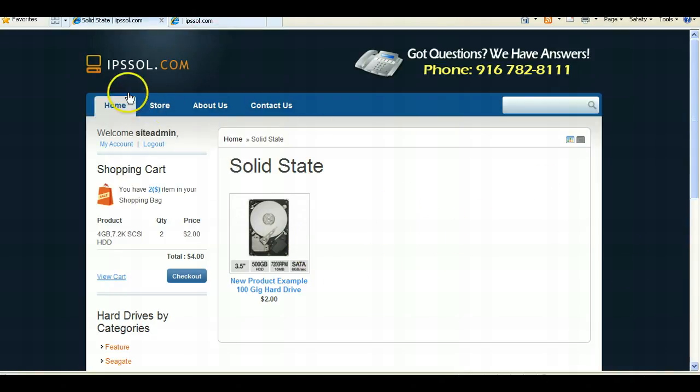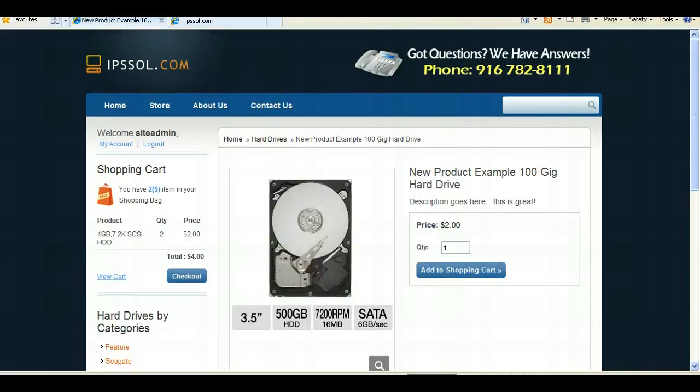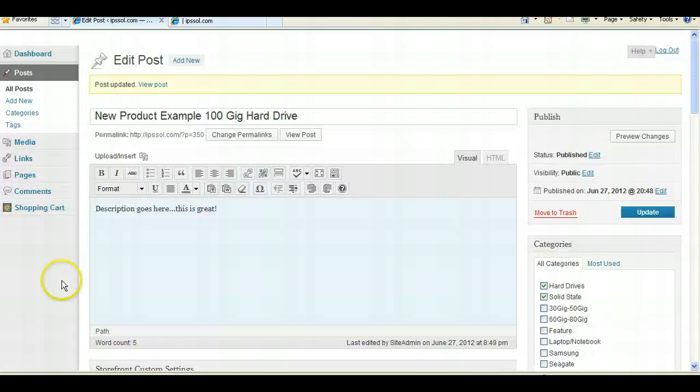So I've shown you now how to manage products and add products. And let's now go over a couple last minute features, and then you're set. Let's go ahead and go back to our back panel. What I'm going to show you is your coupon feature. If you go here to manage coupon,